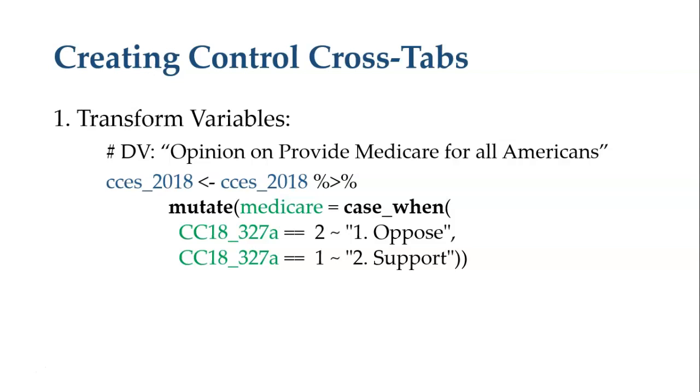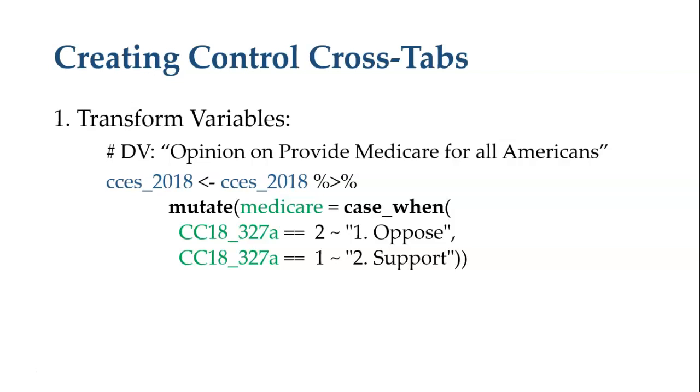Okay, that's our dependent variable, and our independent variable is the approval of President Trump in 2018. And we say that we want to also control by gender. For any reason, we say that maybe women are more likely to support Medicare than men. I don't know. Okay. So the first step, as you remember, when you are preparing cross tabulations on any kind